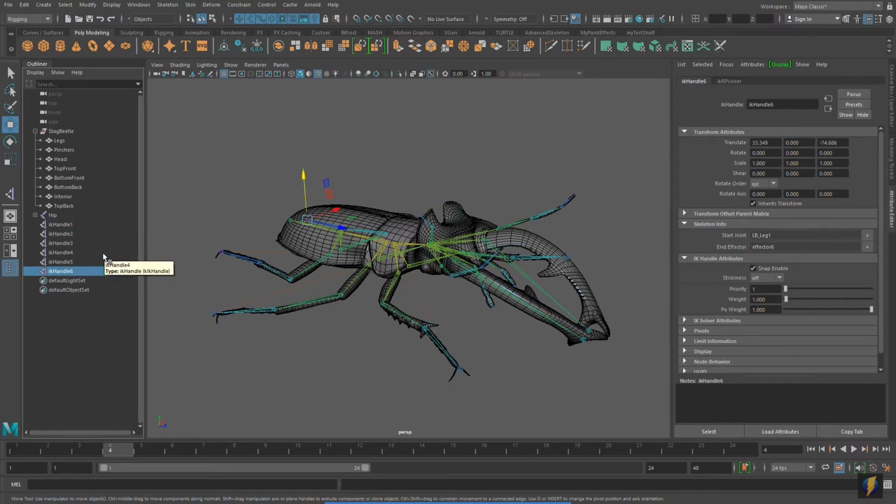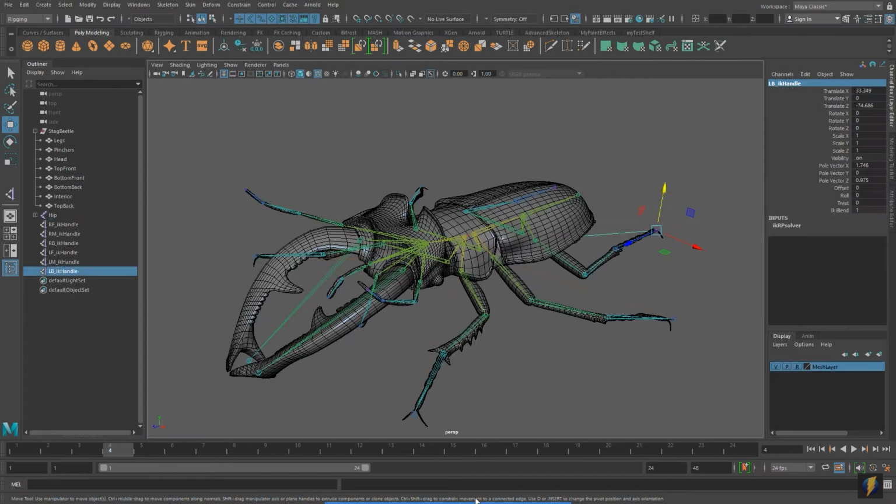I think it does make sense to use naming conventions in your rigging. So I'm going to go ahead and just spend a couple moments doing that. So I spent about a minute renaming these handles. I again think it makes a lot of sense to use naming conventions in your Maya files because they can